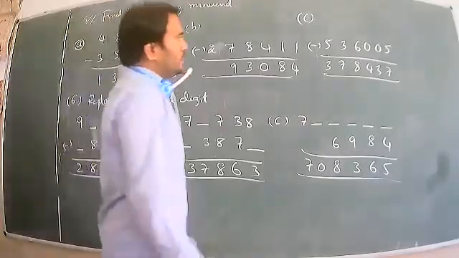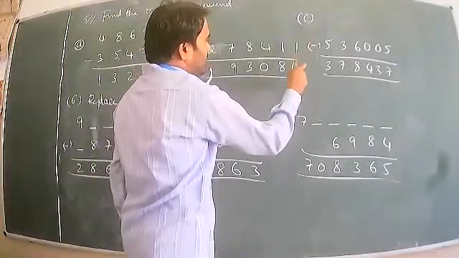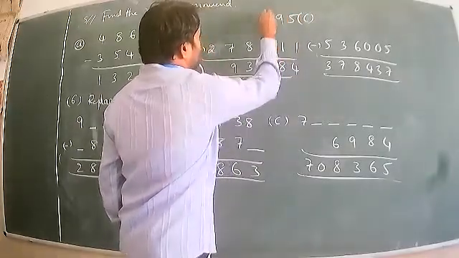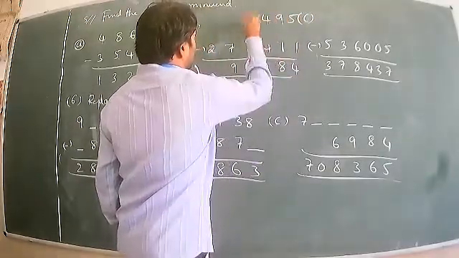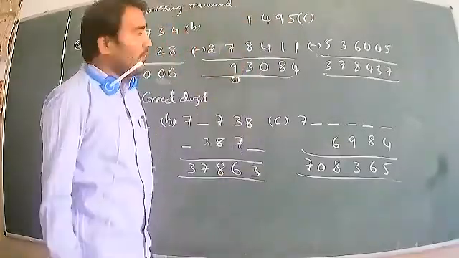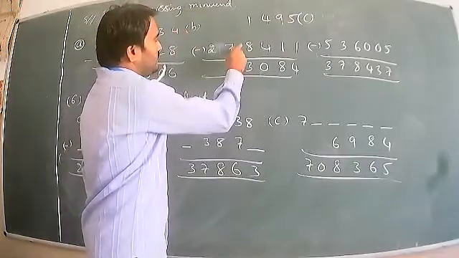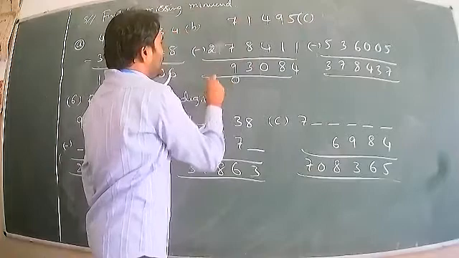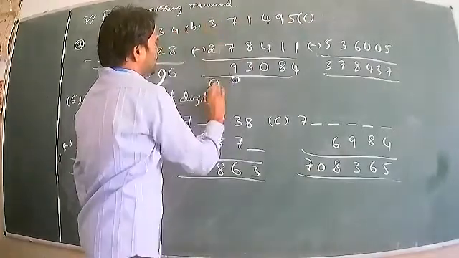Now, so what do we do? Adding my subtrahend and difference. 4 plus 1, 5. 8 plus 1, 9. 0 plus 4, 4. 8 plus 3, 11. 1 carry. 9 plus 1, 10. 9 plus 1, 10. 10 plus 1, 17. 1 carry. Okay, it is 0. 2 plus 1, 3.